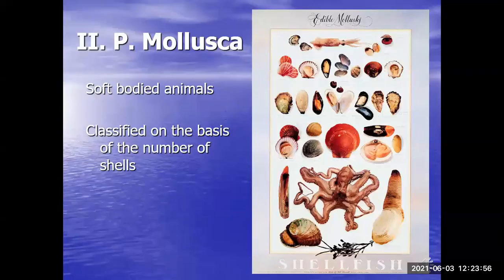A few comments about morphology before we talk about the taxonomy and the reproduction. These guys are bilateral at some point in their life cycle. Sometimes it's not as obvious as it is in other animals, and I've told you before that a shortcut is if it has a head, it's bilateral. Well, does that mean if it doesn't have a head, it's not bilateral? Well, take a look at a clam. It doesn't seem to have an obvious head, but it is bilateral during part of its life cycle. So we say that mollusca are bilateral. There's a snail, and the snail does have a head, so